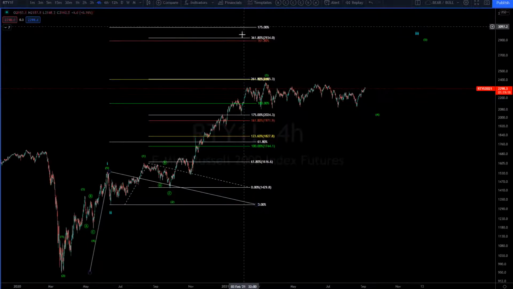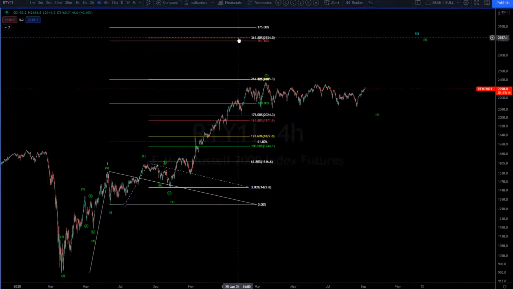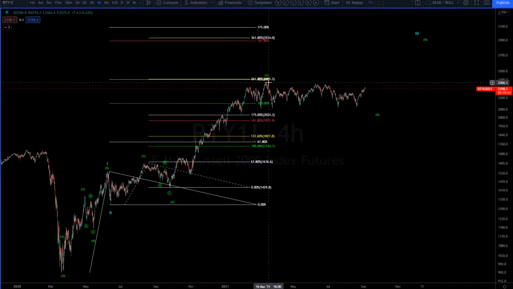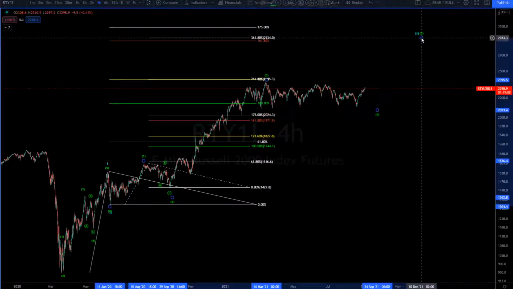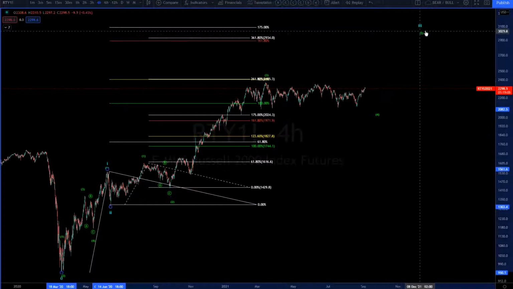So we've got this area up here, and we also have the 3618, which would be the target for wave 5 of the lesser degree. This is our green degree. So I've got this wave 5 sitting up here at about 2935. My guess is this guy potentially could poke through 3000, maybe go all the way up to 3100, but